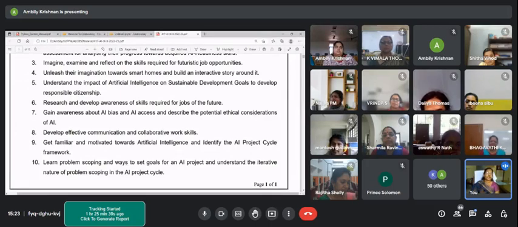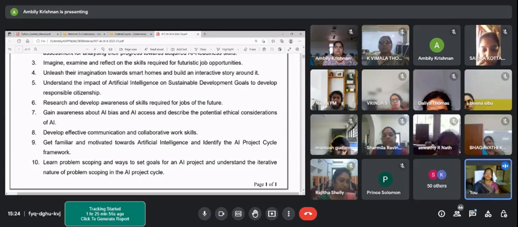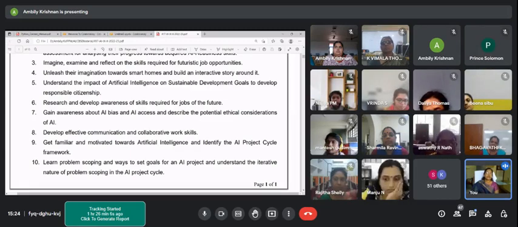Such kind of pedagogies need to be adopted, and frequently please test the attainment of these learning outcomes through different activities. Like conducting a debate, conducting a discussion, even conducting a skit can be a way of assessing what the children have understood. Like one sir was mentioning in the morning that this is how I assess this. I gave an activity like this. I made the children perform a skit. So performing a skit could be an interesting activity to teach the topic as well as a way of assessment.